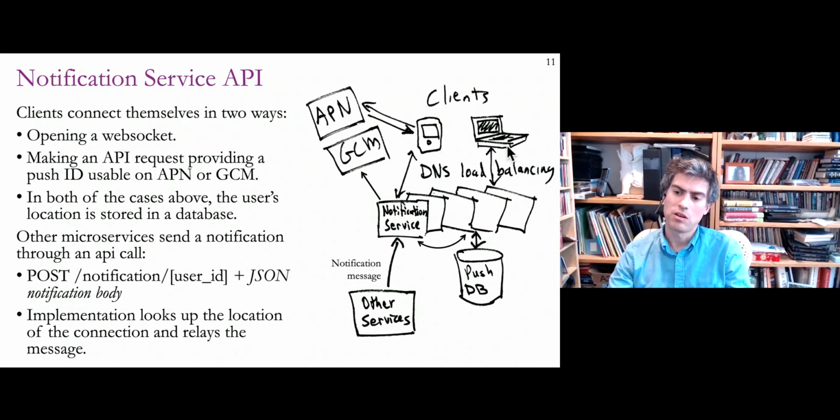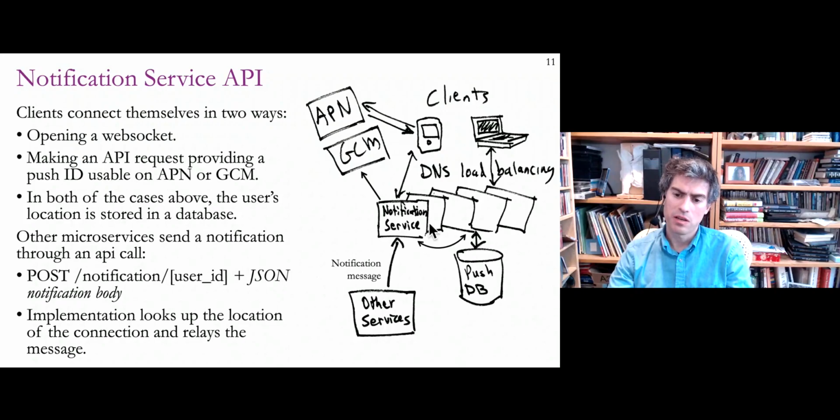We also have clients that are connecting with WebSockets. We have lots of clients, so we'd have to have some kind of load balancer to connect the client to one of many different copies of the notification service. When it does that, that information about which machine it's connected to has to be stored in a database, so that later on, when we want to send a notification to that user on a laptop,